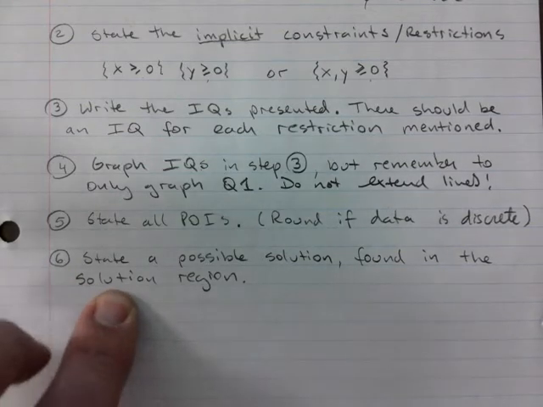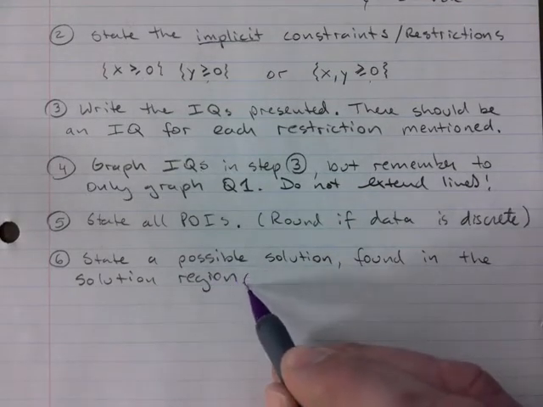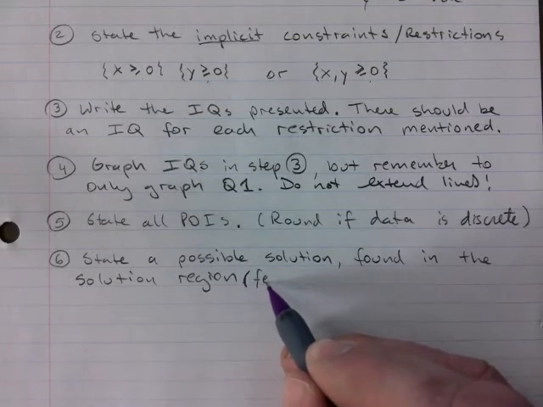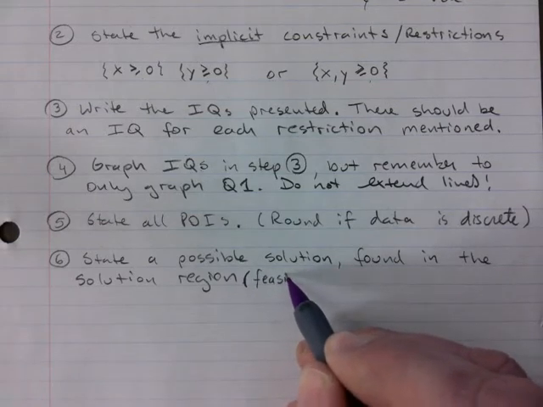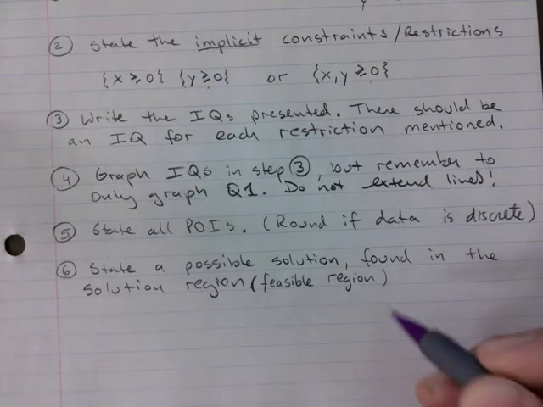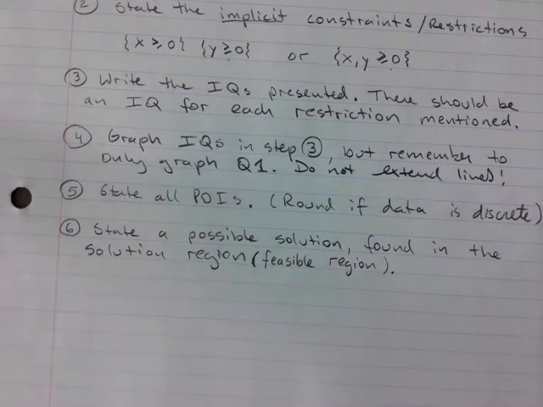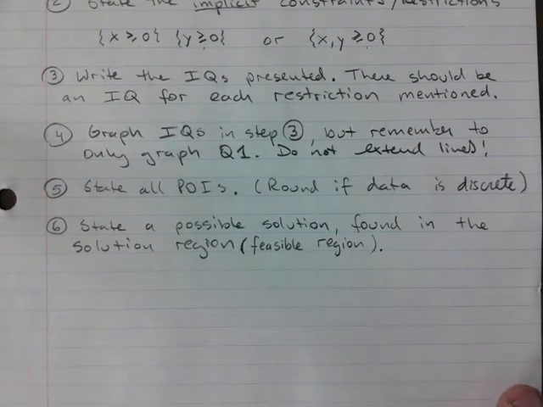So once you have your solution region, can I say next to solution region, sometimes a textbook or some of the worksheets say feasible region, same thing, feasible solution region, it's where the solution is found or can be found. Sometimes when it's asking you to graph, it's going to ask you to graph the solution set. It's like, what is a solution set? It's basically just graph it. Just graph it and find where the solution region is found. Okay, so